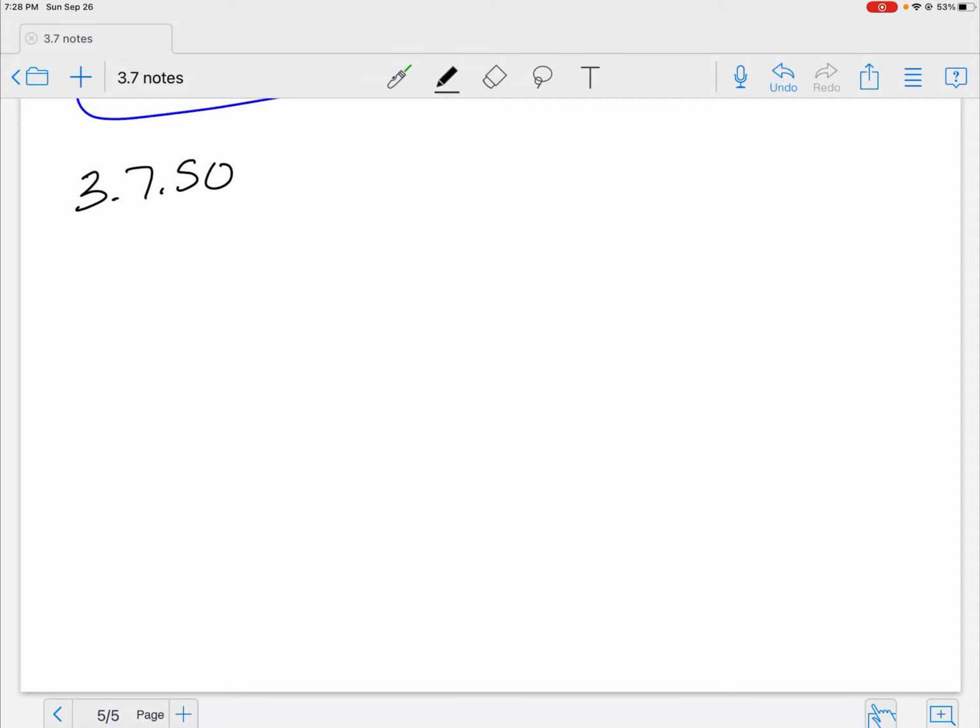Remember how I said when you think we've practiced enough, we're going to practice some more? We run out of examples, but I still have more that I want to practice with you because I think that's how we learn it. So let's look at 3.7.50. And remember, this is Chapter 3, Section 7, number 50 out of the exercises. So I just go to the back exercises and pull out